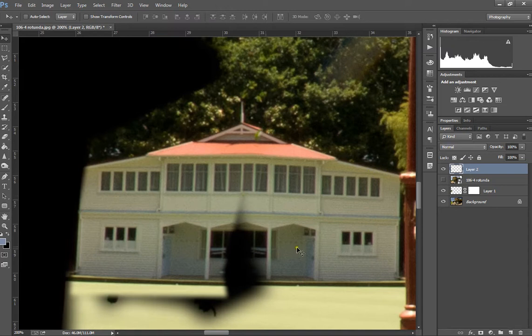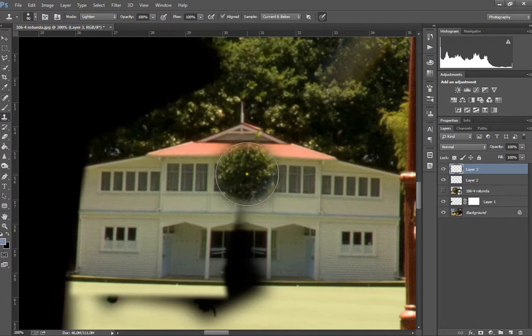So I'm going to have to go and clone that back out too. Right, let's carry on and show you how to fix it in the next version. Okay, so we flip that, and we're going to use the clone stamp tool. So if you clone onto a new layer,